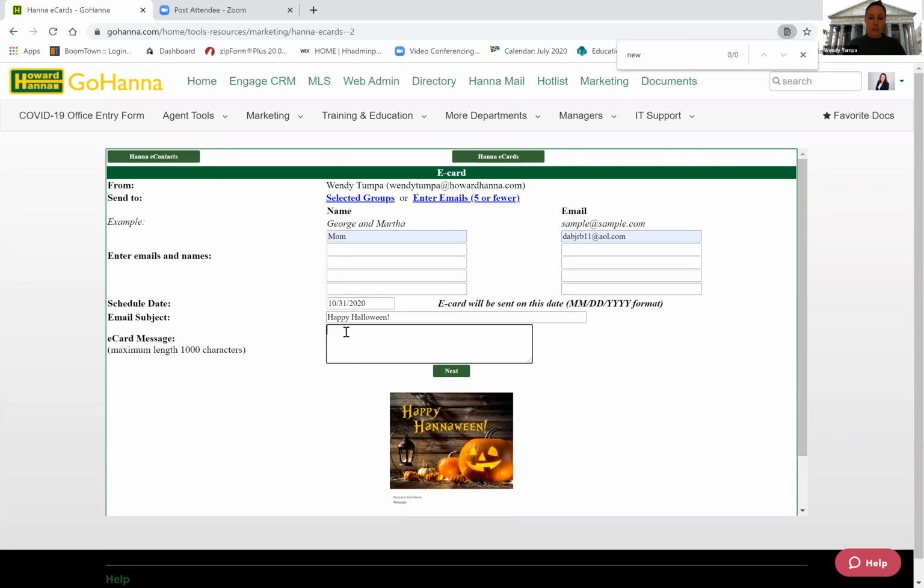And whatever the agent wants their message to be to the recipient. Now, however they put the name in, whether in their group or CSV file or manually, that is how the name is going to populate in the automatic greeting in the email. So mine is actually going to say Mom. So in case someone's asking, make sure that they're aware, however they put it in here, that is how it's going to appear. So mine will actually say Mom, and my eCard message is going to be,